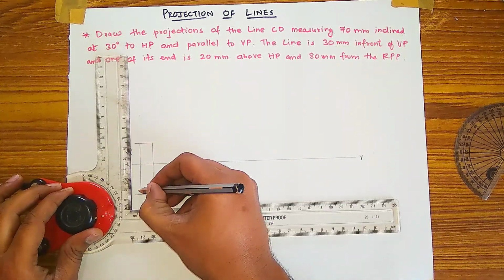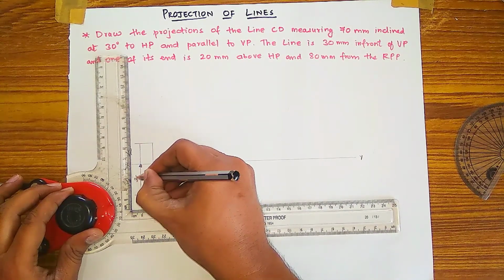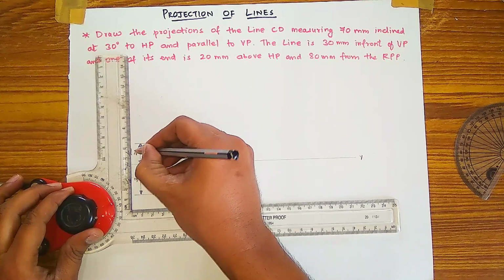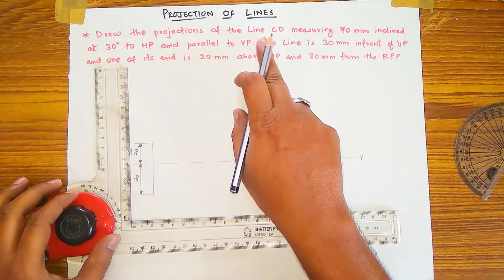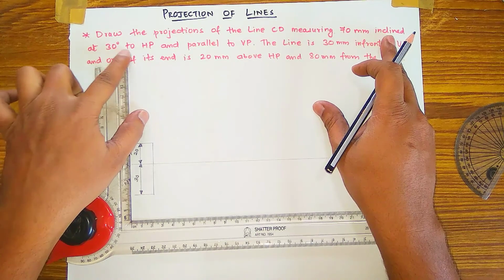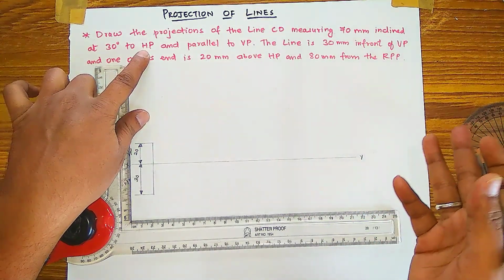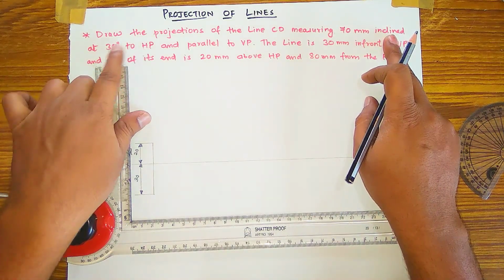Show the dimension also of this line. This is 30 mm and this is 20 mm. First you have to take the distance only. Then after, in the question, the line CD of 70 mm inclined at 30 degree to HP means, as theoretically I have explained to you, if in the question it is inclined to HP, means 30 degree,